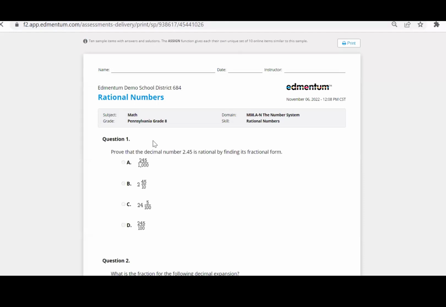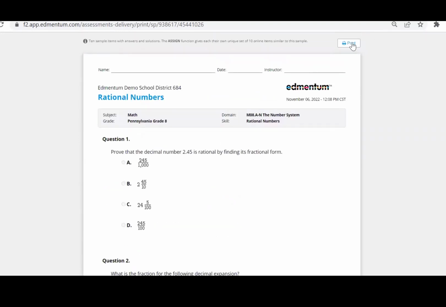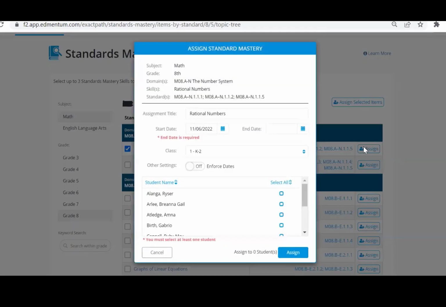By clicking on the link, I am able to see what are the 10 questions they're going to be presented. I can print, or I can simply select and assign. Exact same way that I created an assignment for a priority skill, or the same way I created an assignment for my groups. But this is a standards mastery, so it's not going to be the lesson, the skill, and the progress check. This is going to be a way to say, I need a 10-question